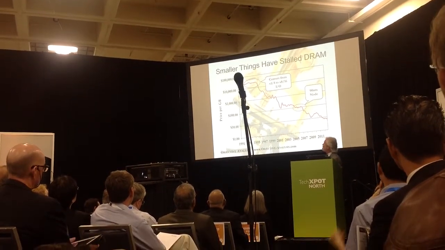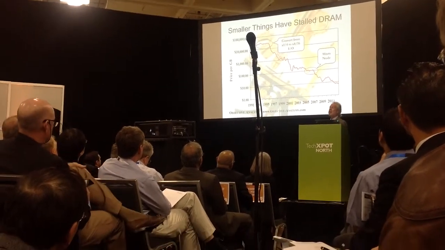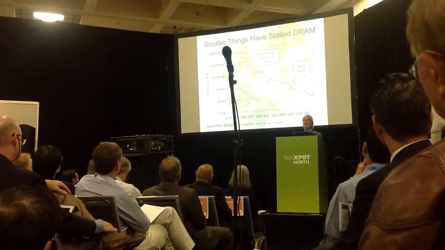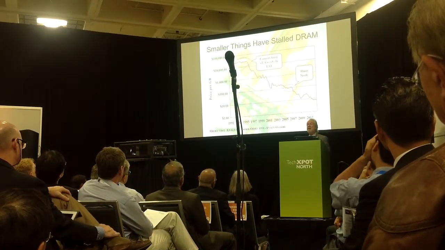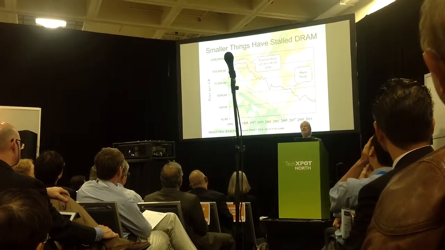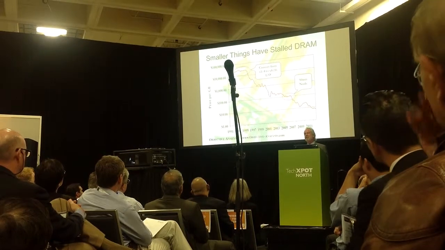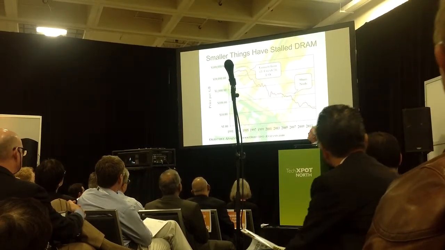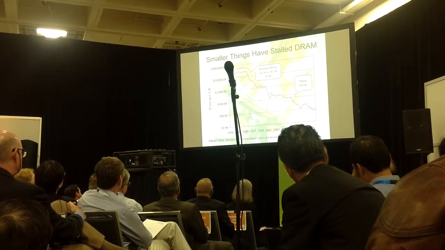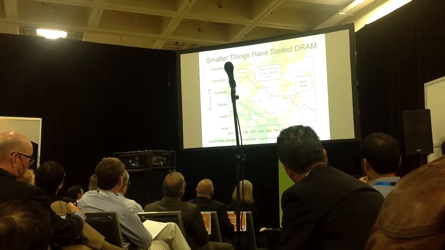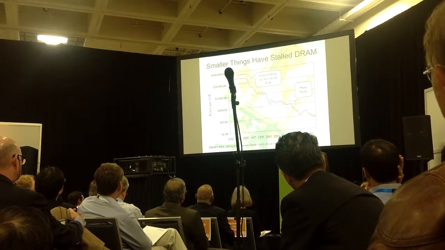So then the question is, why does it go flat at some points? Well, this one I didn't circle because that's the internet bubble, and there was a shortage, and so the prices stayed high. This one here, though, and that one there are worth circling because those are 2 times when we had technology problems that caused DRAM to stop scaling for a couple of years. This one here is in 1992 through 1995. We had an upturn, and it stayed an upturn for an extra 1.5 years for a technology change that proved to be enormously challenging for DRAM manufacturers.